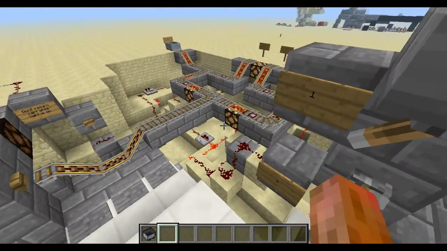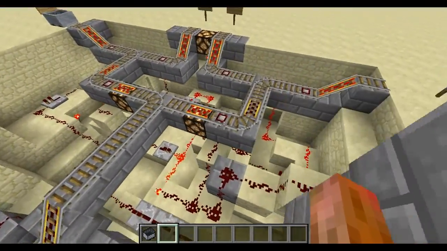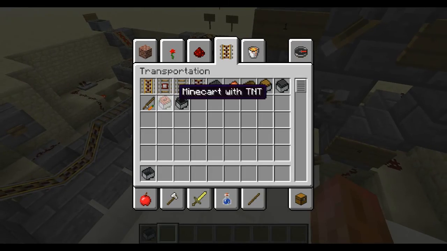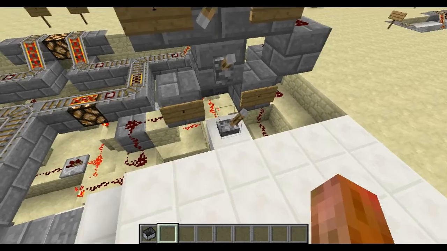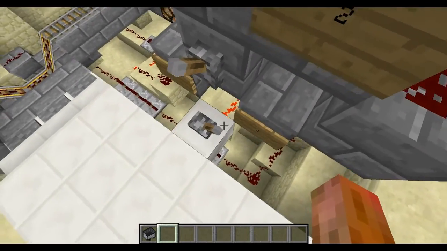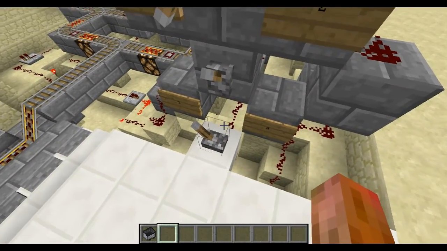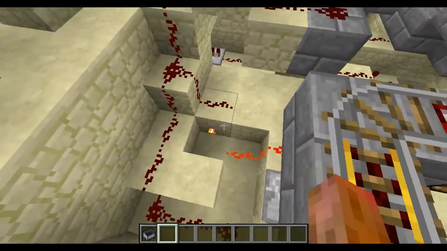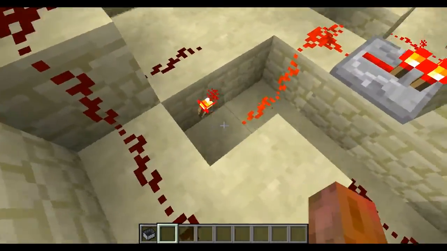This whole side is dedicated to these switches and these, what are they called? Detector rails, that's it. Alright, so let's follow this switch first. So as you can see, it turns that on and off. So when that's off, it goes down here and it lets this